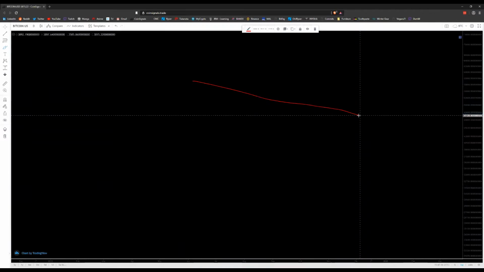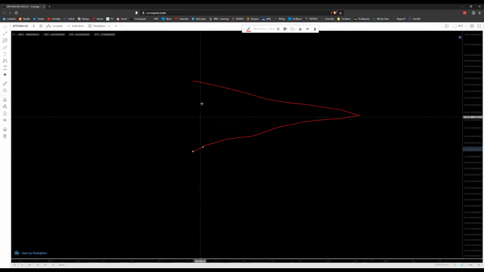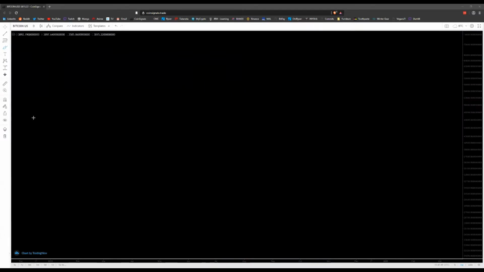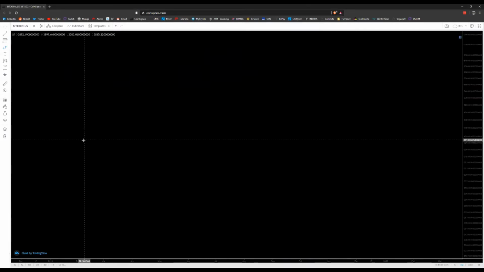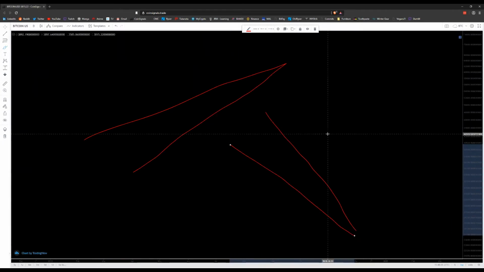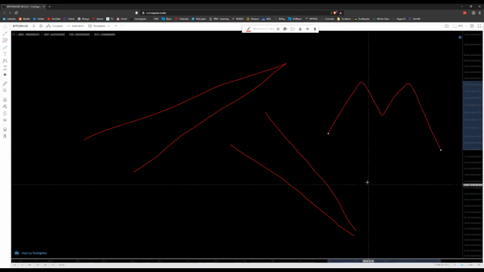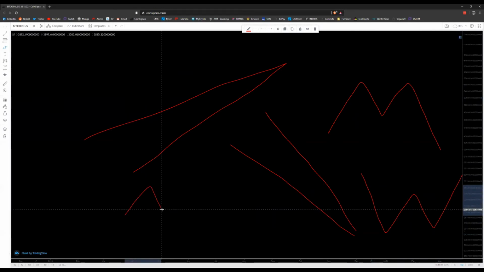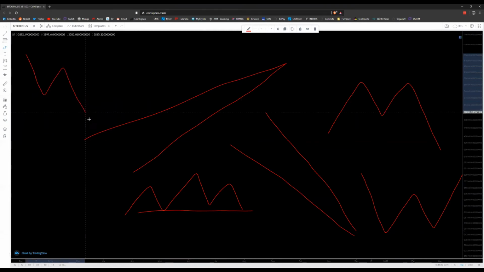done the symmetrical triangle. Looks like a bird beak. Buy or sell depending on the direction it breaks. Then we've done the rectangles, flags and pennants, and the cup and handle. All those make up the continuation patterns. And then we did the rising wedge, falling wedge, double tops, double bottoms, triple tops, triple bottoms, the head and shoulders, the neckline, right? And the inverse head and shoulders